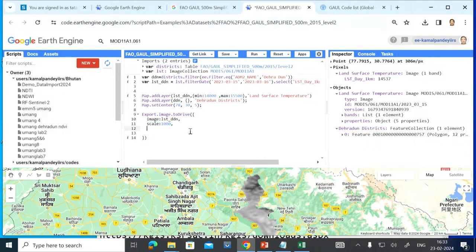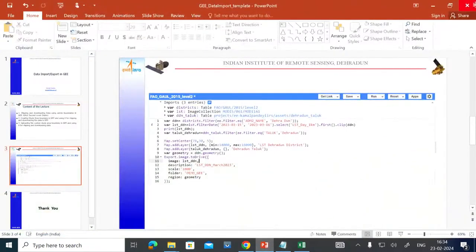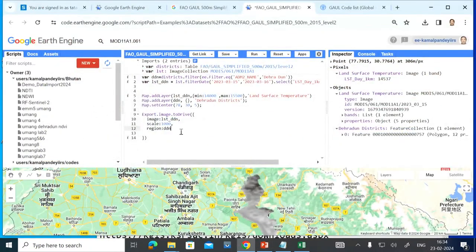And then we can have another parameter called region. Region I can have the same DDN, the district boundaries. There are many parameters, like folder, where you want to put it in your Google Drive. I have created a folder there, demo_GEE.